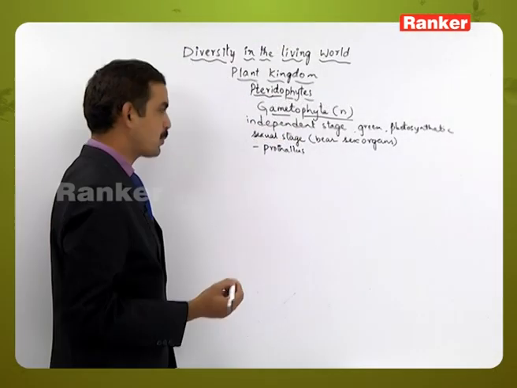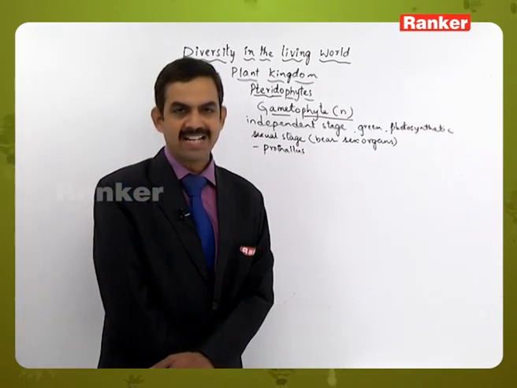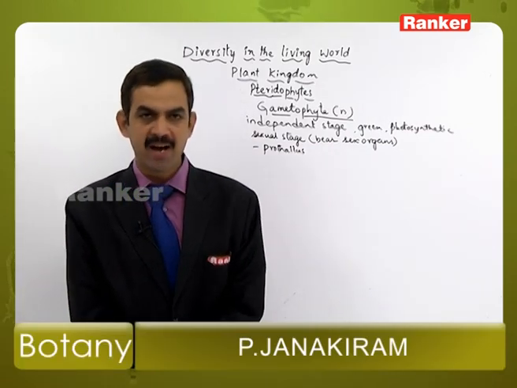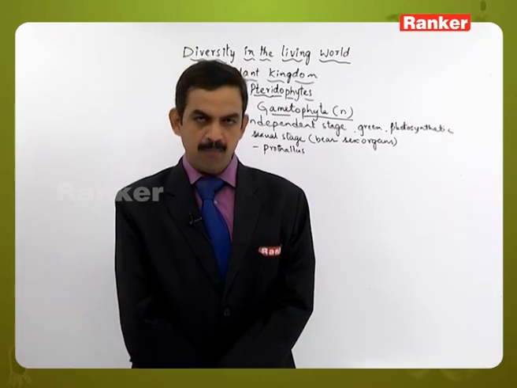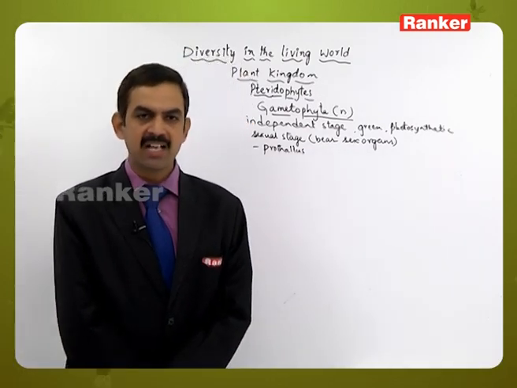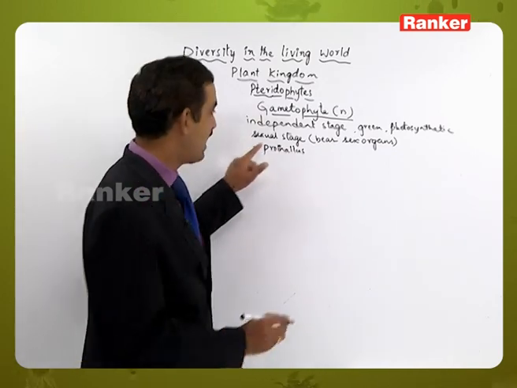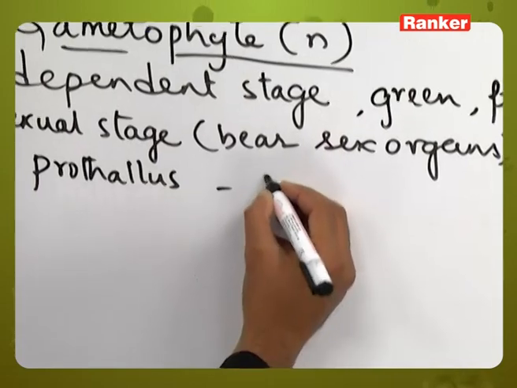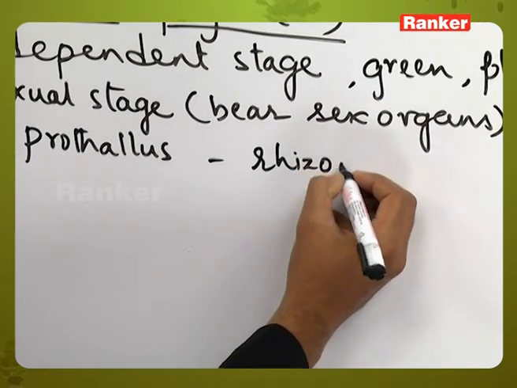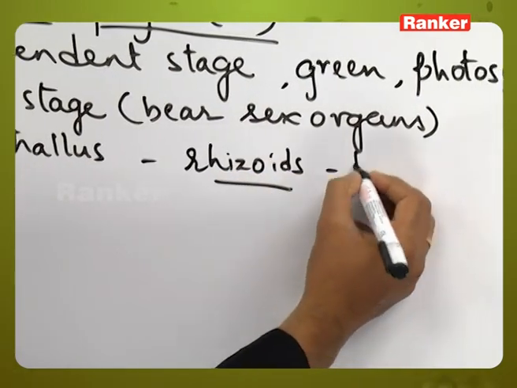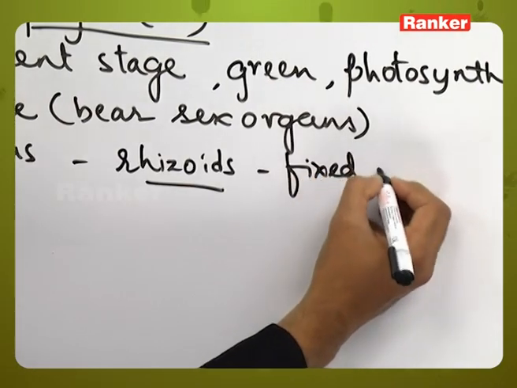Why is it called prothallus? Because the gametophyte does not have root, stem and leaf like structures as in the sporophyte plant body, but it has some thallus like organization. That's why we call it prothallus, and this prothallus contains rhizoids. With the help of these rhizoids, the gametophyte gets fixed into the